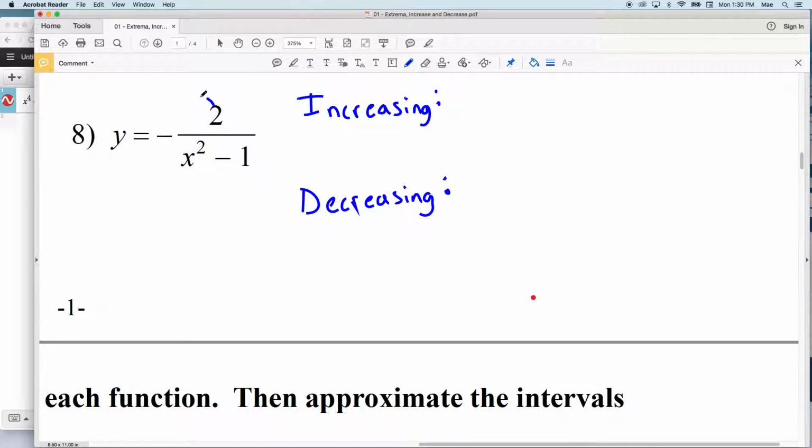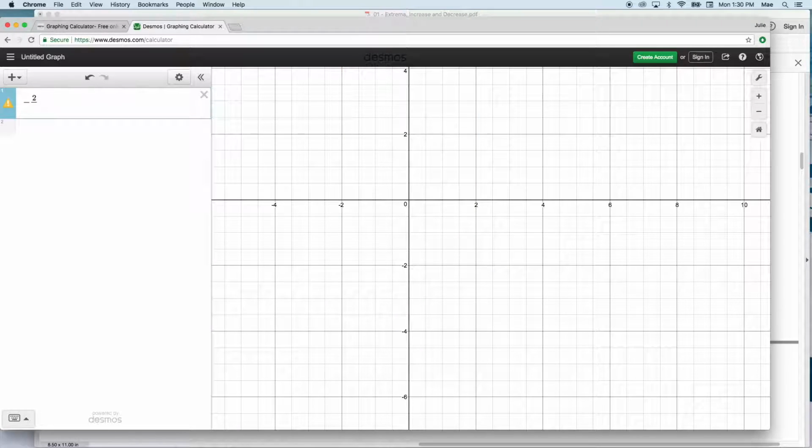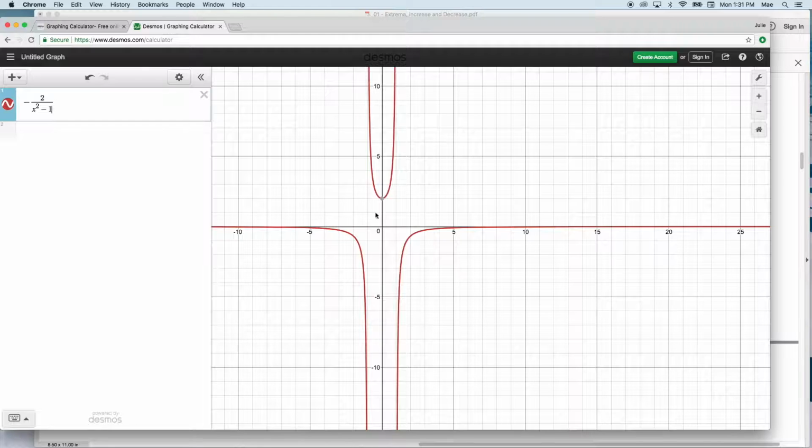Now in number 8, our function is the opposite, or negative, 2 over x squared minus 1. And looking at this function, we have one extrema at (0, 2). And we have 2 points of discontinuity. The points of discontinuity occur at -1 and +1, and a relative extrema, which is the minimum, occurs at x